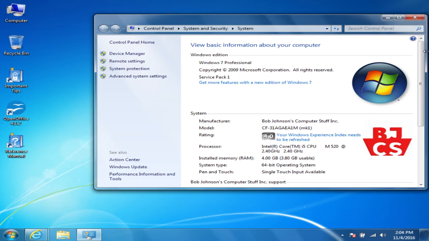If they support drivers for Windows 10, chances are your machine will work with Windows 10. And if they don't, if it says it has not been tested with Windows 10, which is what a lot of the computers that are over a year or two old say, that's not a guarantee that it won't work either. That just means that the manufacturer will not provide support or drivers for your machine if you decide to go ahead and do the Windows 10 upgrade.